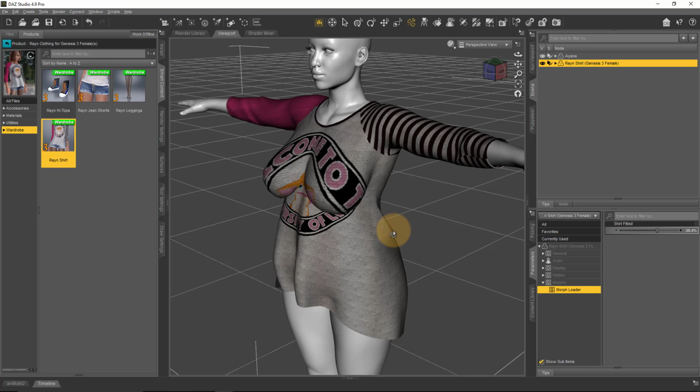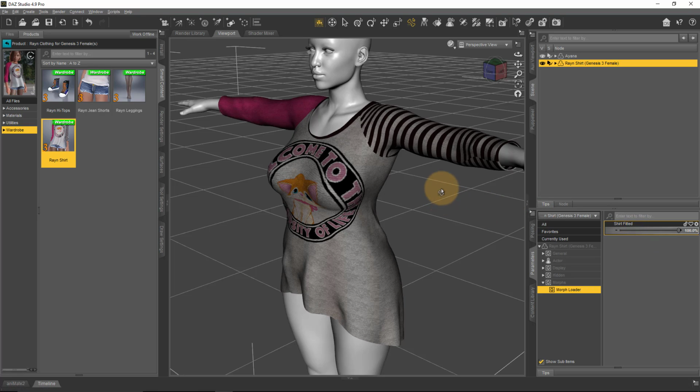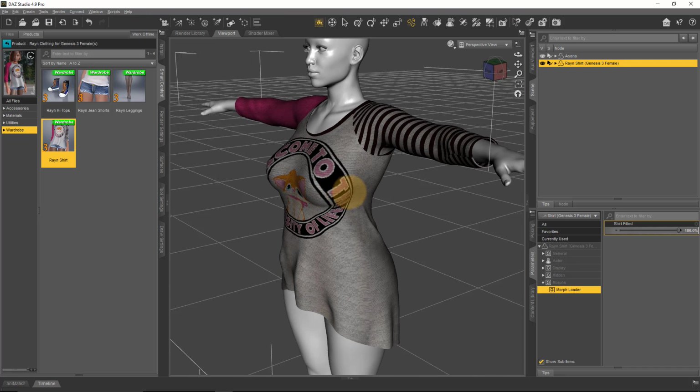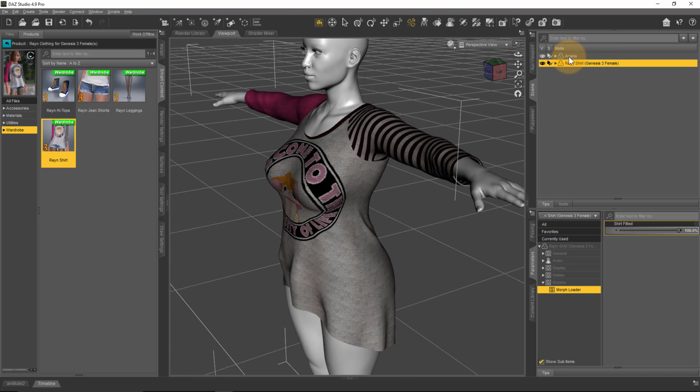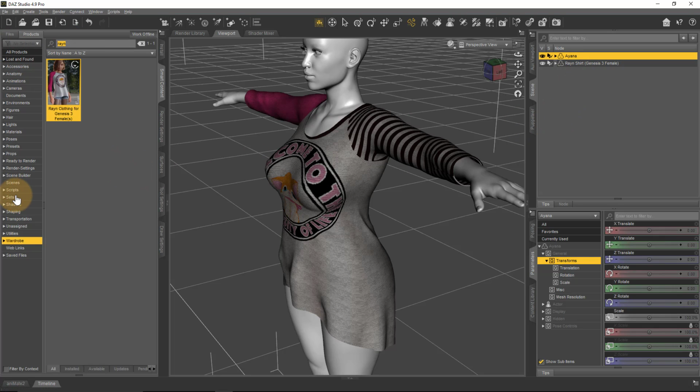Well, the secret is in the fact that DAZ Studio is still trying to fit this shirt to Ayana. Because if we were to not fit this and instead use our morph and crank that up to 100%, that looks pretty good. However, the issue now becomes if we go and pose Ayana into something like an Olympia pose, it's probably going to work. So let's head over to